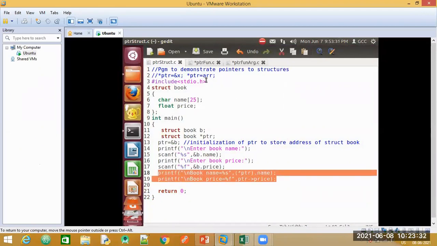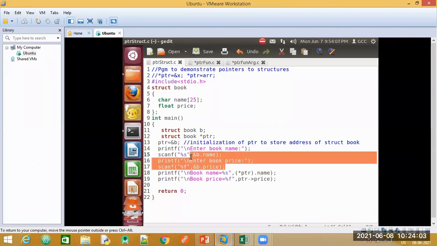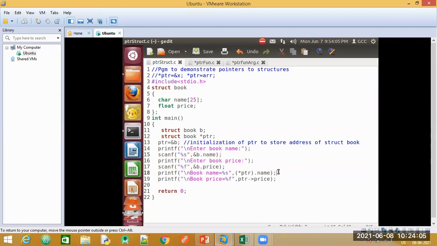Let us first talk about arrays. If you had an array, how would you access any element that is present? You will usually write the array name and give a bracket and specify the index value like a of 0, right? Or if you have to take the input also, you would put it in the loop and then take with the help of the index values there. Now I need to have accepted here already, correct? I just need to print it. That is, I'm trying to access. Here I'm trying to store it. I'm trying to put it in the memory. Here I'm trying to get it back.